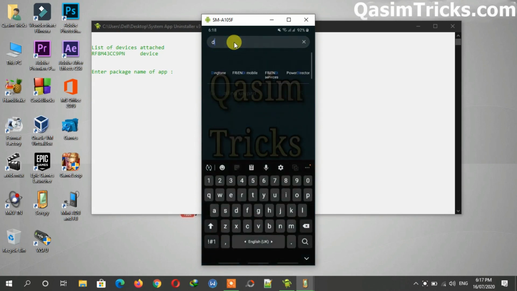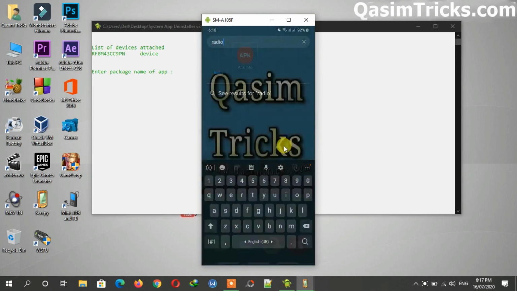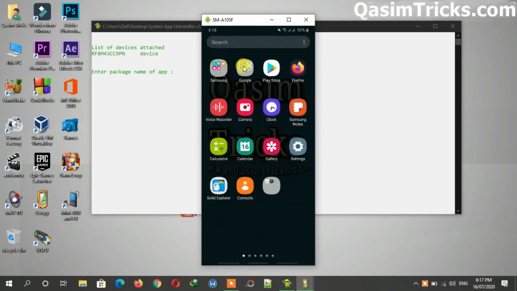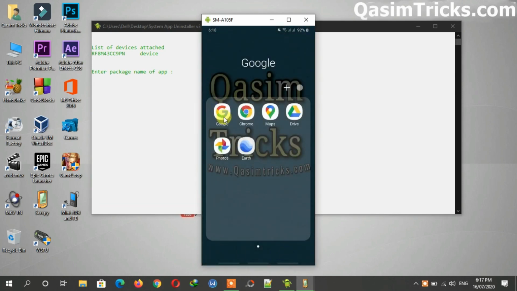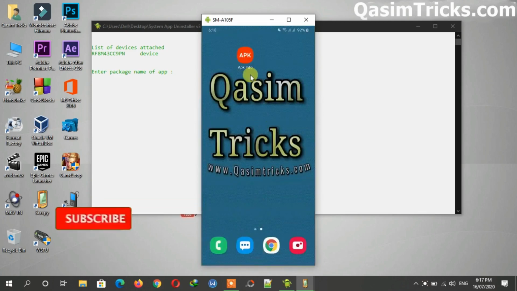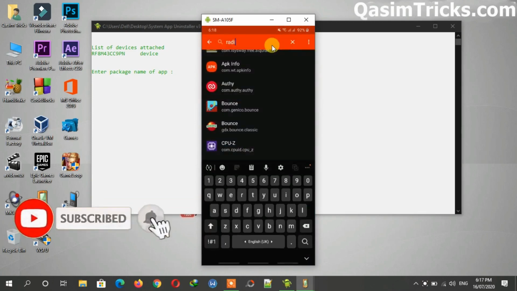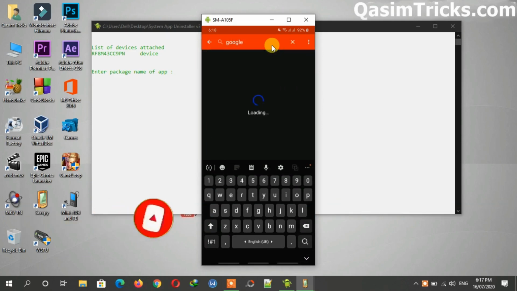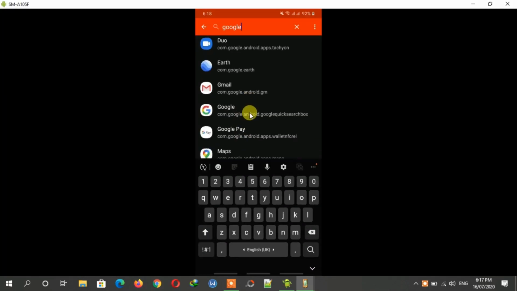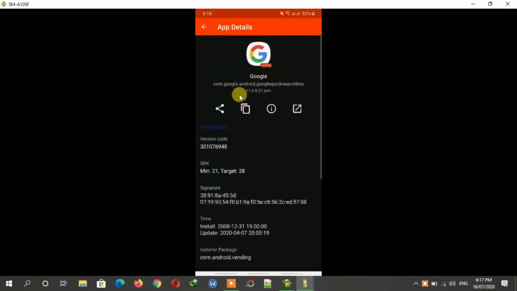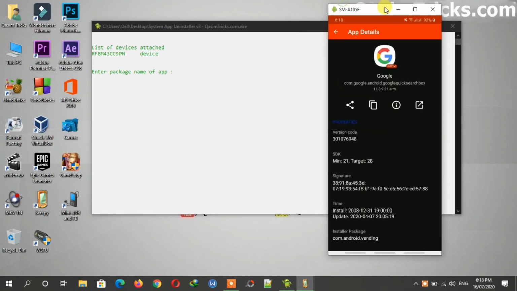When I search for this app here, as you can see, it is not here because it has been removed. In this way, this app that also can't be uninstalled can be removed. To remove this, just search for this app in APK Info and then copy the package name of the Google app.